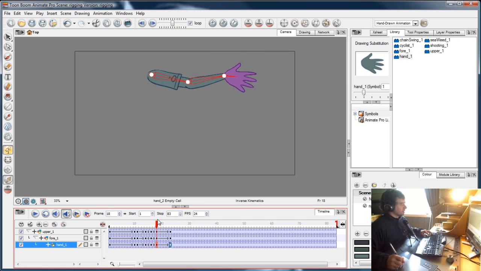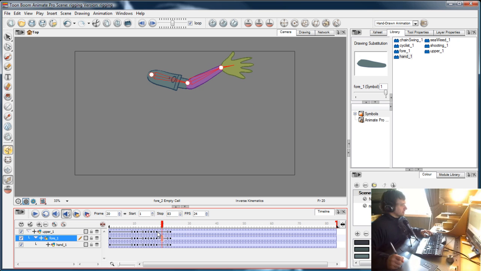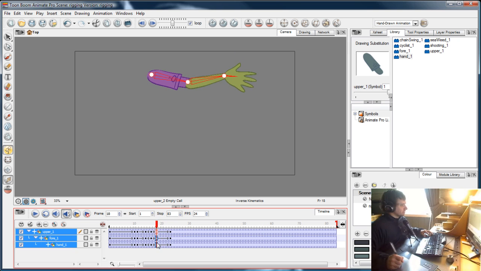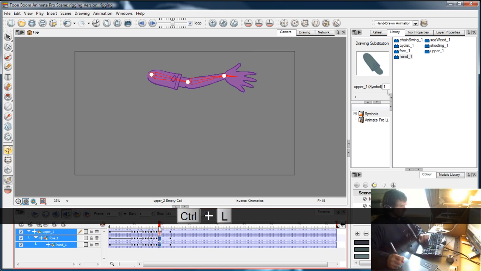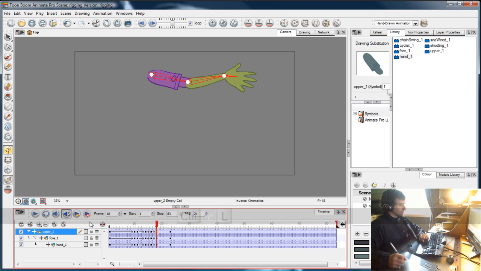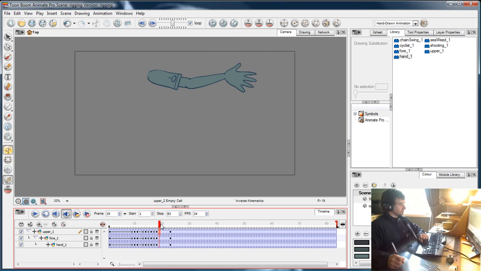Now you can see there that there's a gradual motion of recoil. I don't want that to be a gradual thing. I want it to be very sudden when he shoots. What I've done here is create about five frames of gradual movement. Now in Toon Boom software, you can select keyframes or the interpolation between keyframes, and you can set it to a stop motion keyframe. So there's no movement. It'll hold on that pose until it gets to the next one. The way to do that is to select the frames and press Ctrl L. You can see that the arrows have disappeared from between the keyframes, and that's a stop motion keyframe. So now it's a sudden